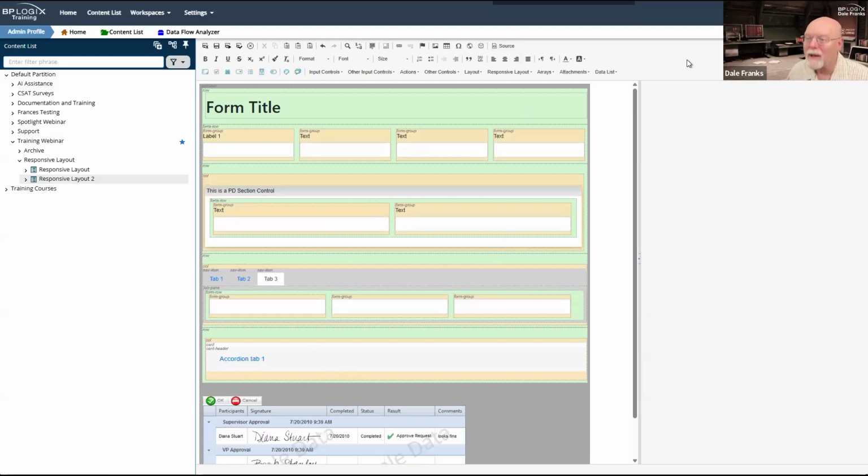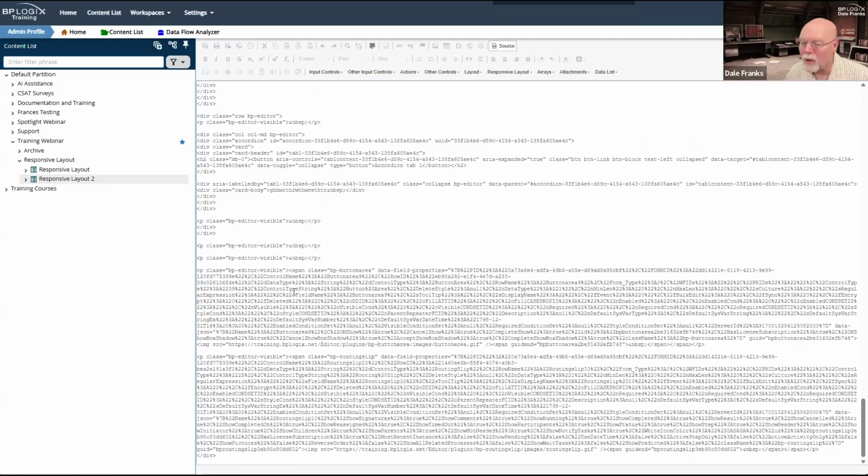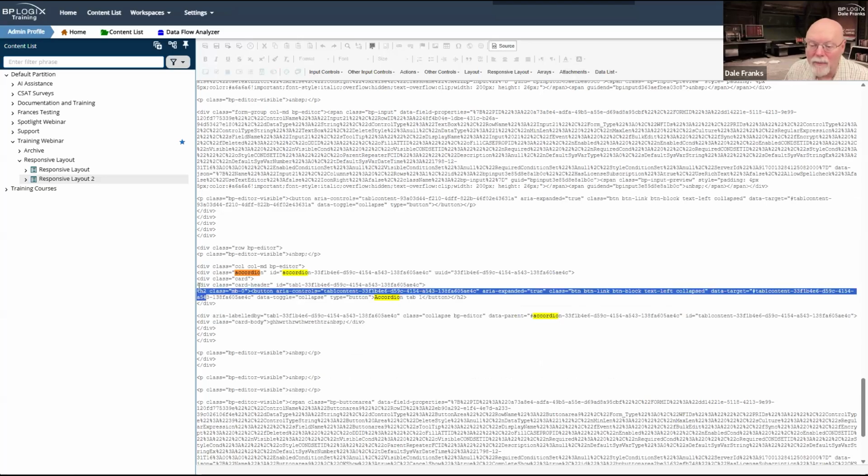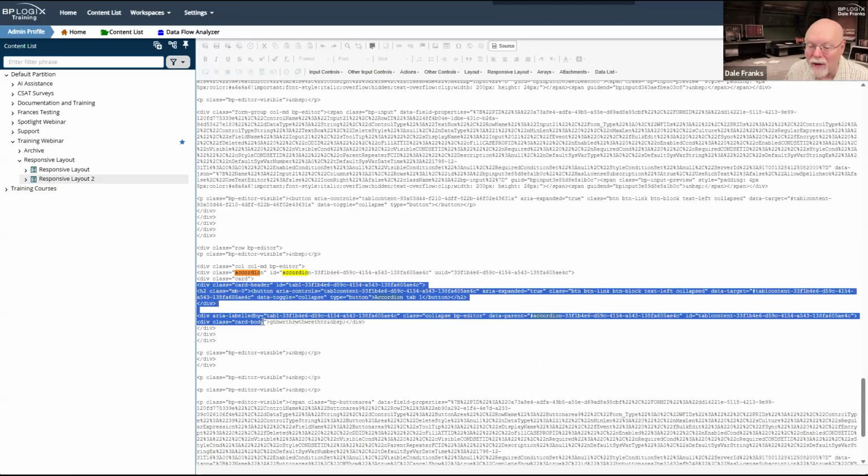It should be accordion tab 1. So again, we're going to scroll down. We're looking for accordion tab 1. So once again, okay, there is accordion tab 1. So there's my card header. And there's my card body.